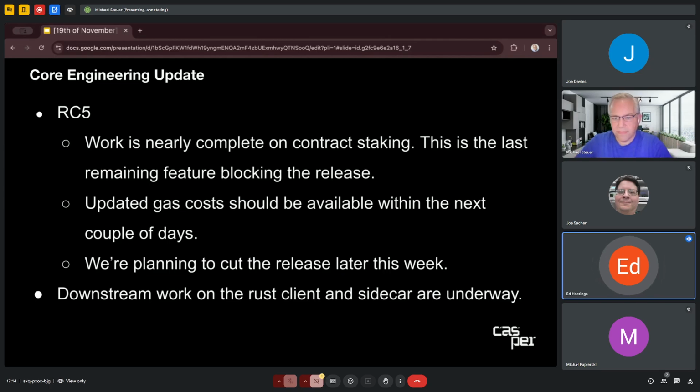Okay, so over the last month, the current state is all of the features of 2.0 except for the contract staking, which was added later, are merged. And I'm working on the contract staking. I've got a working model, and I'm basically adding tests and working through edge cases. So that's the last thing blocking the cut of the release, and I should have that wrapped up in the